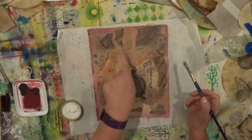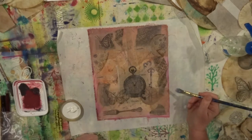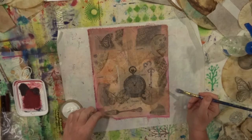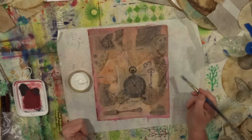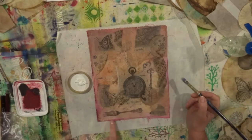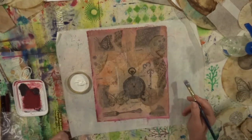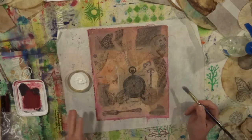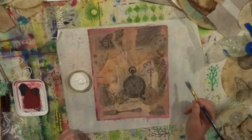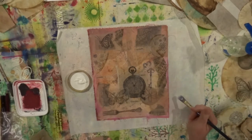I can still see some of the words that I wrote in the beginning, and this is still very wet. I've got a lot of matte medium. I did water it down a little bit, because I noticed on this fork, when I didn't water it down, it started to lift if I didn't get enough in there. So now it's really wet, and I'm going to let that dry and rethink how I want to